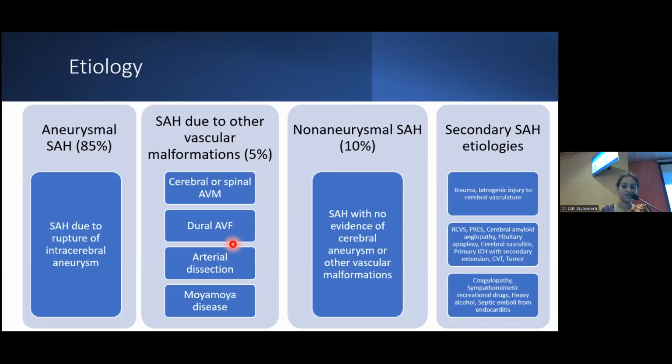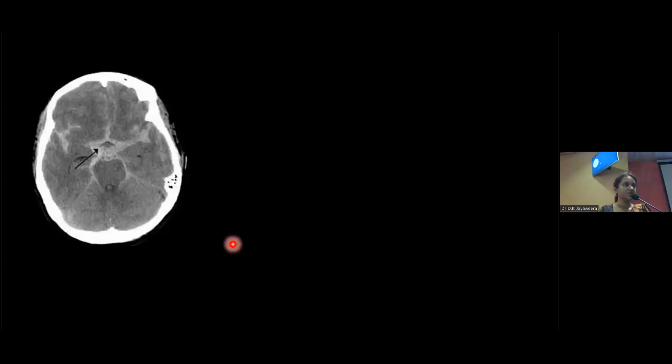So moving on to the radiology, I'm sure everyone in this audience is familiar with this image where you have the characteristic star-like appearance in a non-contrast CT, where you find blood within the basal cisterns extending into the fissures. Although this is the characteristic appearance of an SAH, it is not the only way that SAH